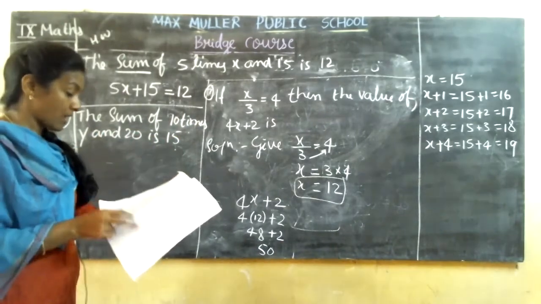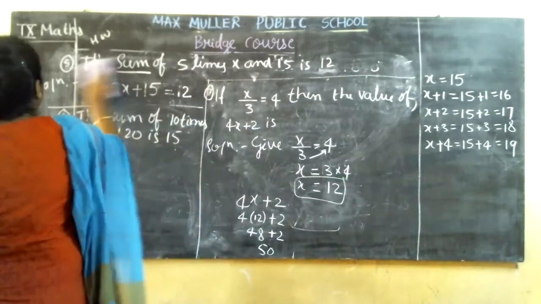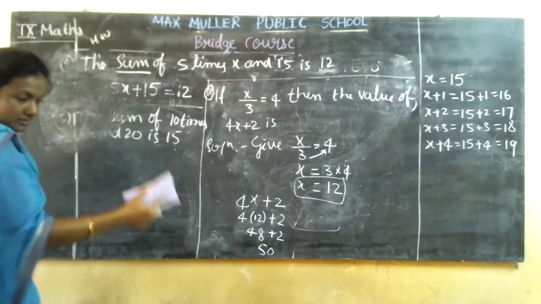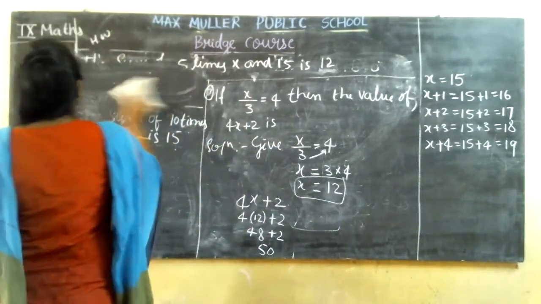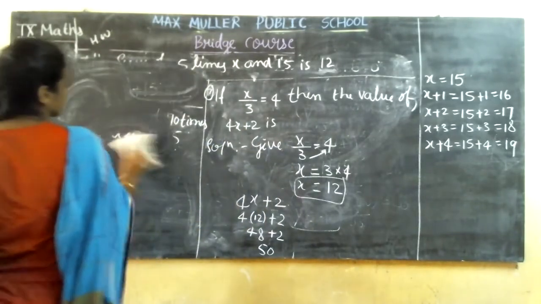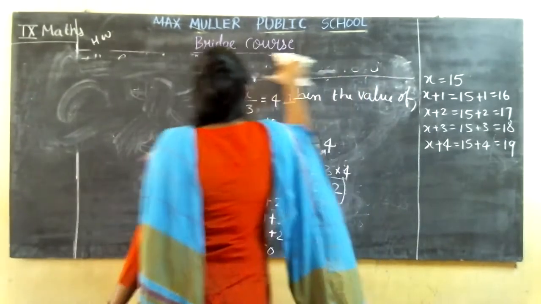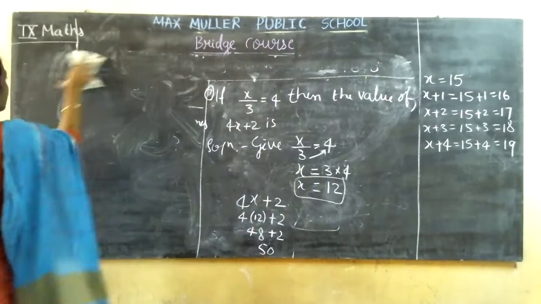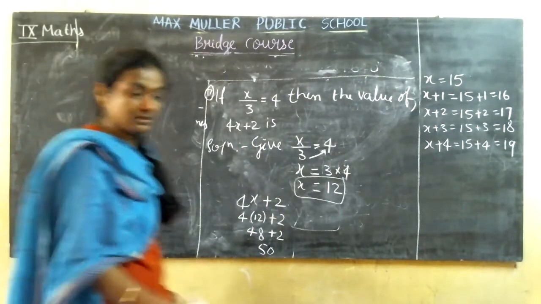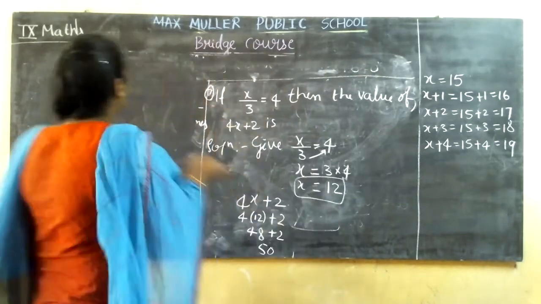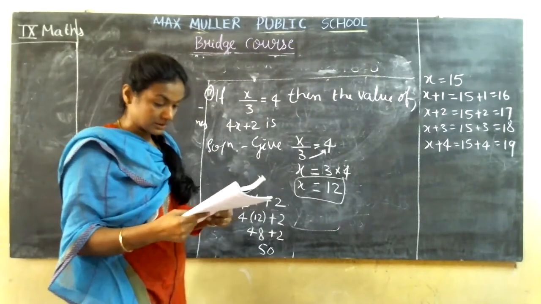Okay. Next. What else can we do, children? Are you happy staying back at home, children? Tell me one thing very clearly. Are you happy at home or do you want to come to school? Huh? Okay. Next one.